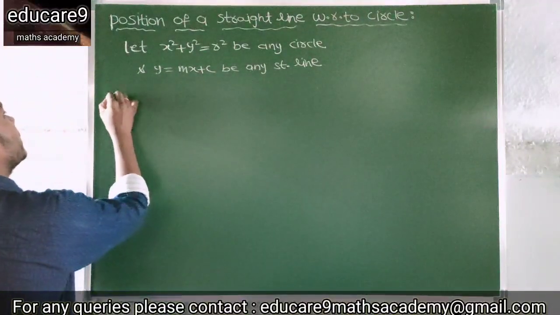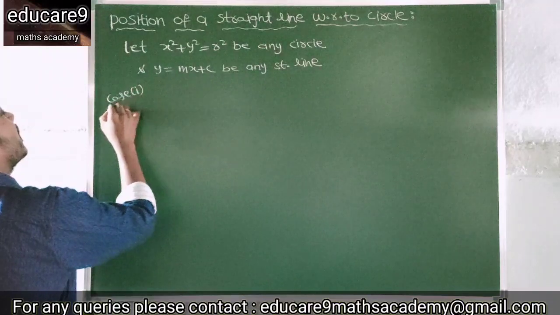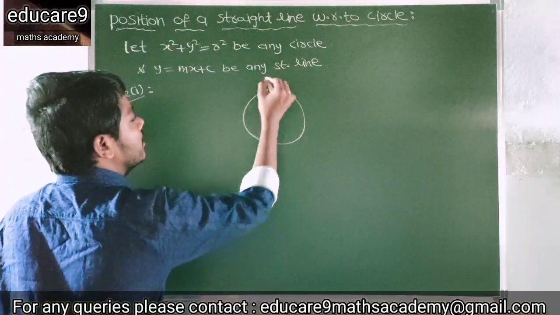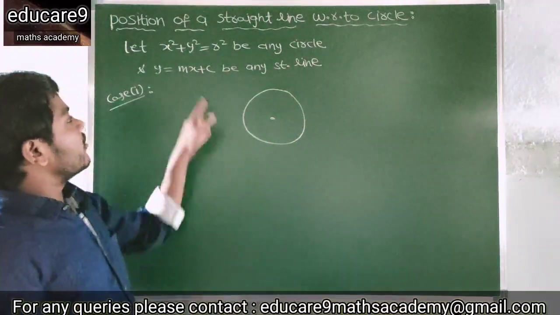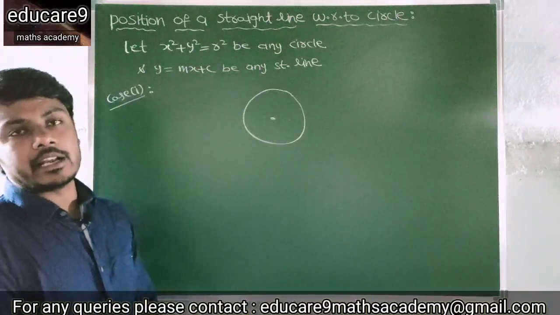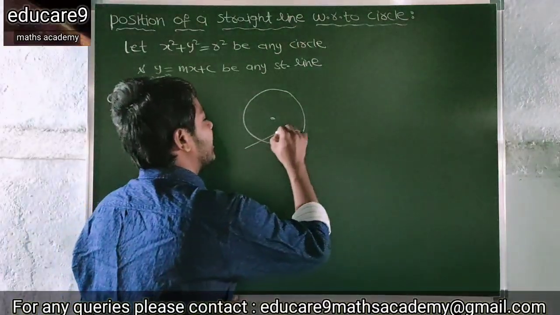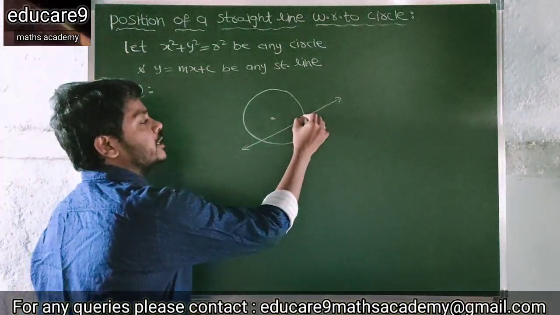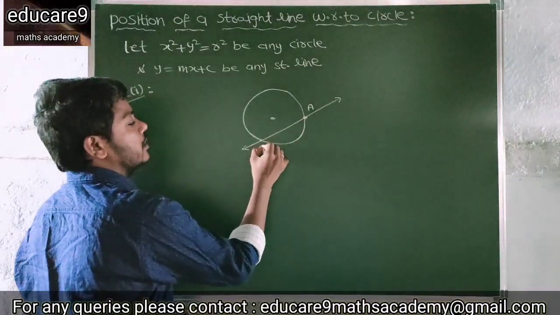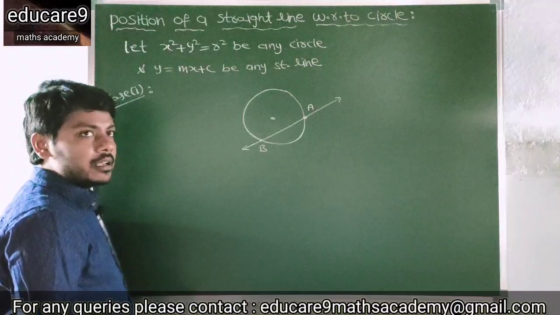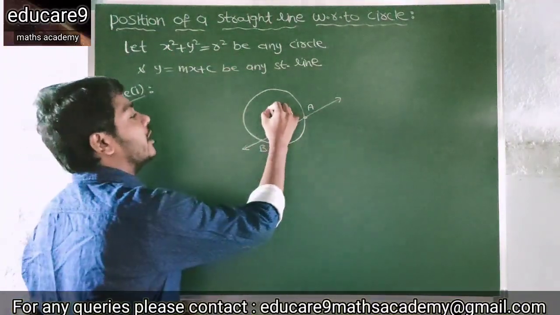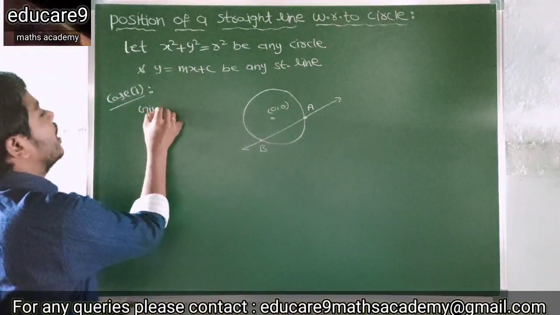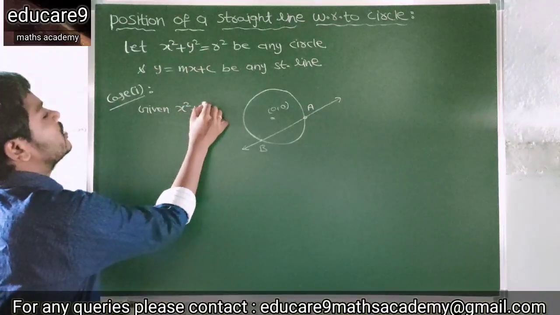So see the first case. This is the given circle, and here y is equal to mx plus c be any straight line. For example, the straight line intersects the circle at two distinct points A and B. Here, the center of the circle is what? Origin 0, 0. So see here, given x square plus y square is equal to r square,